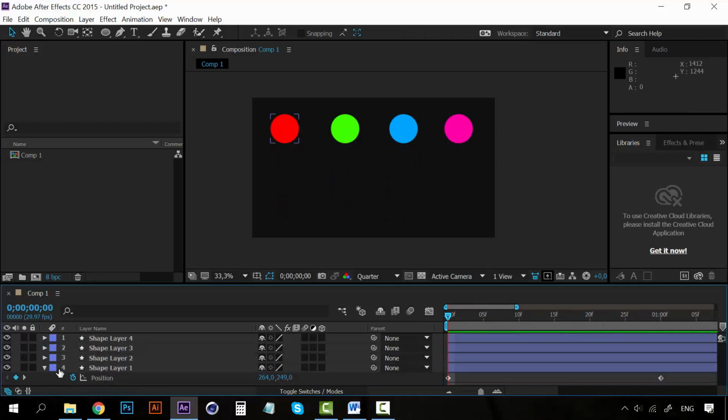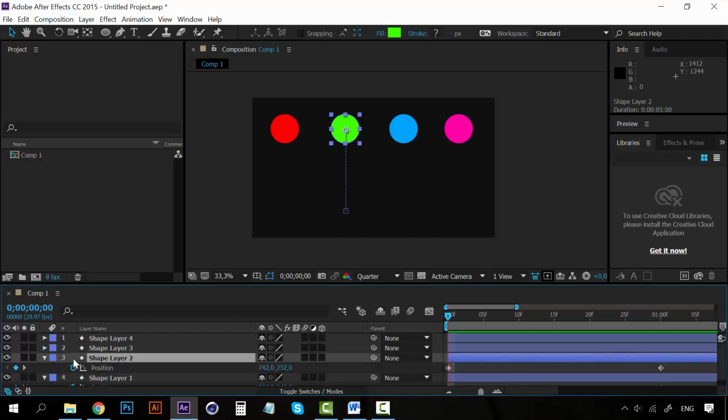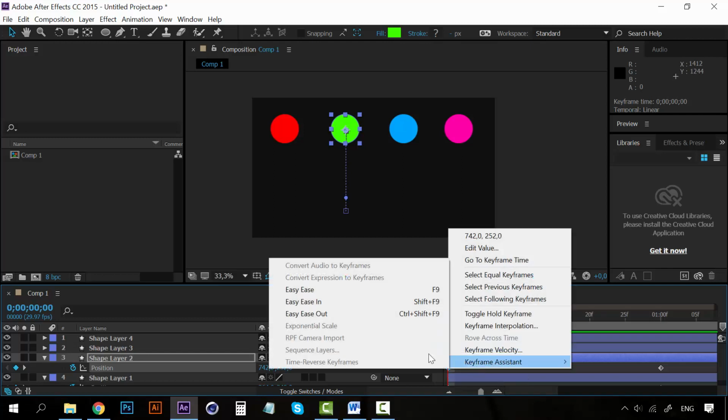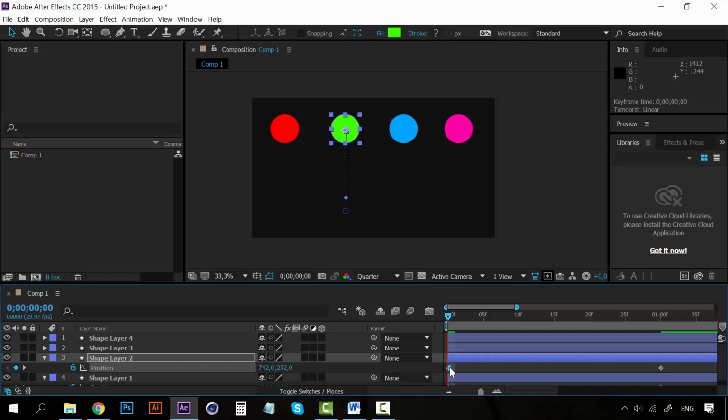So for example, let's leave this circle like this, and now let's take the second circle, and we're going to take this first keyframe and right click on it and go to Keyframe Assistant, and now let's select Easy Ease Out. You can see that the keyframe is now different. It's looking kind of like an arrow pointing left,